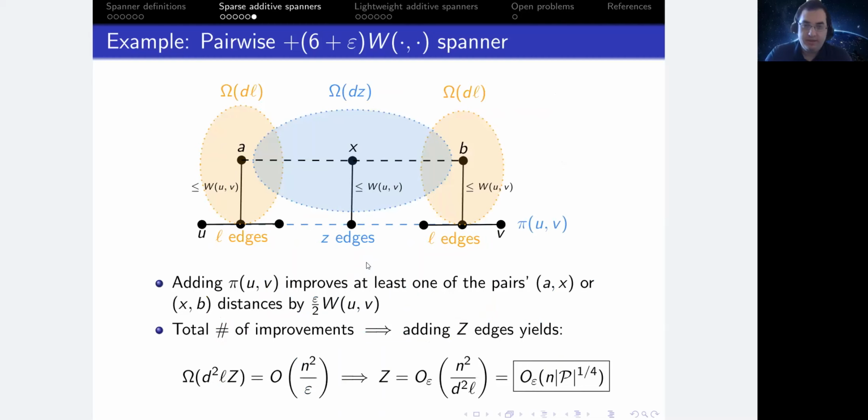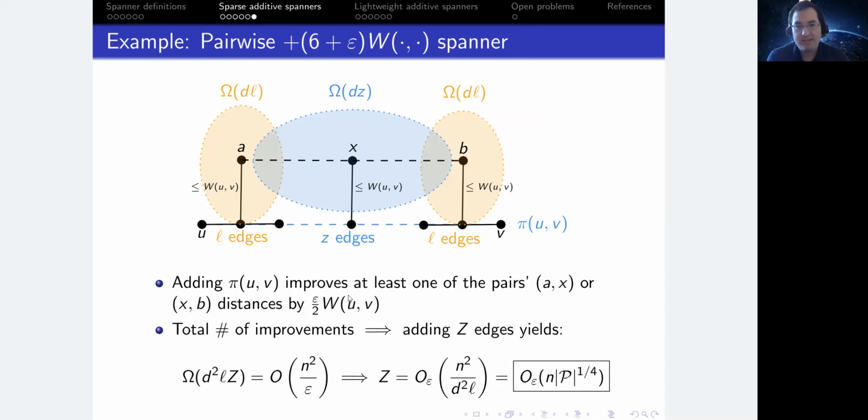And so it's not too difficult to show that when we add the path pi uv, then this is going to improve the distance between either the pair AX or the pair XB sufficiently. By sufficiently, we mean by at least an order of epsilon WUV. So note that this is where the epsilon comes in because